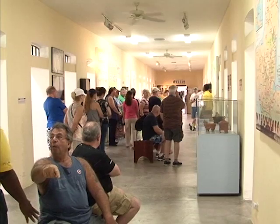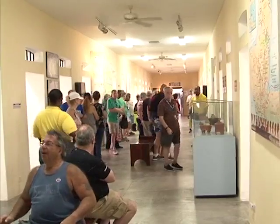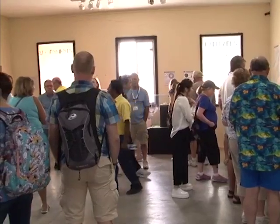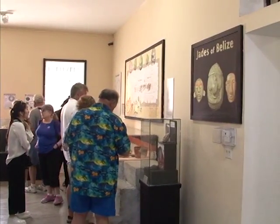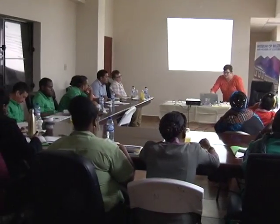Museums in Belize conserve wide collections of artifacts and other objects, including tools, ceramics, books, paintings, and other works of art that are of cultural and historical value. But taking care of these important antiquities and pieces of our heritage is no easy task. And so today, custodians of these artifacts, as well as private collectors, are learning how to manage their collections better